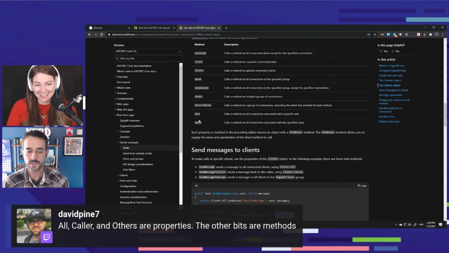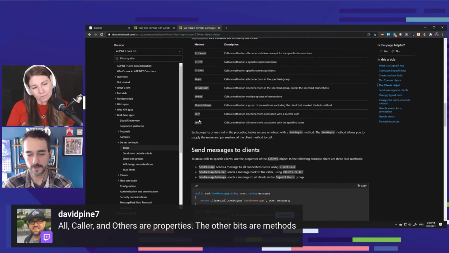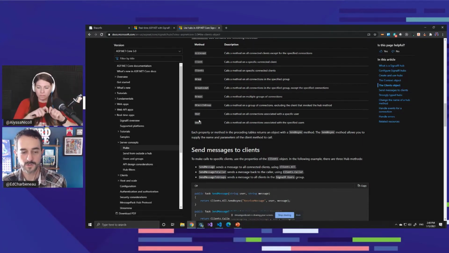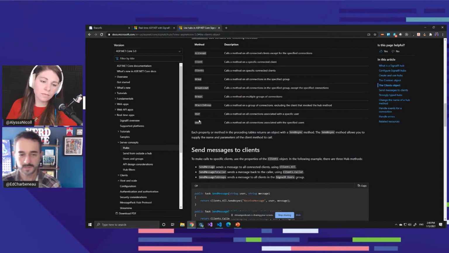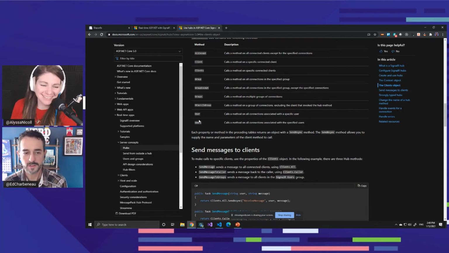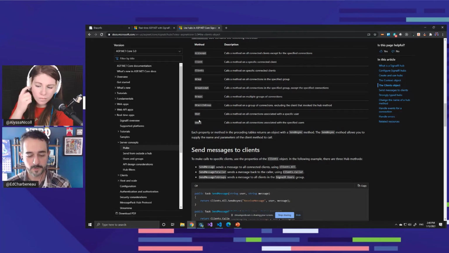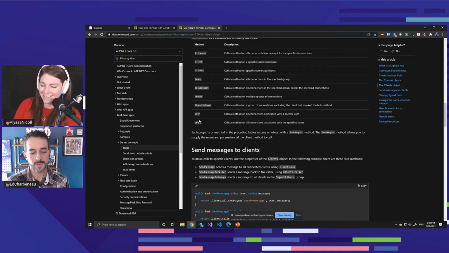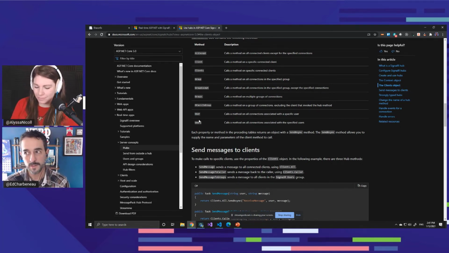So a method is like a function that runs and either changes some type of state in the application, which generally is frowned upon, but runs a void method, or gives you a result back. A property is a field on a class or an object that holds a state value. So a user.name, a name is a property, but a method would be, let's say, user,